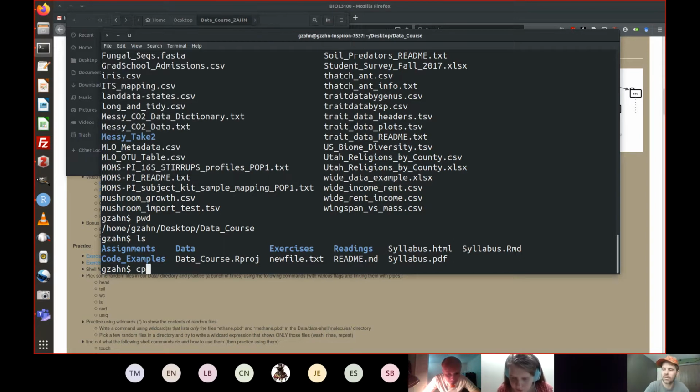There's a command called cp. What do you think that stands for? Copy paste? Just copy. Okay. Yep. But what it actually does is copy paste. Yeah. And the way cp works